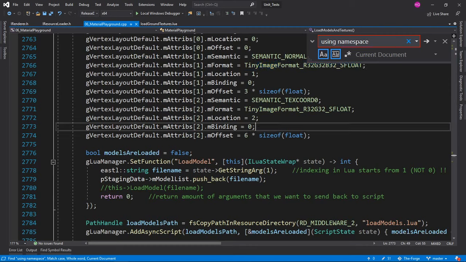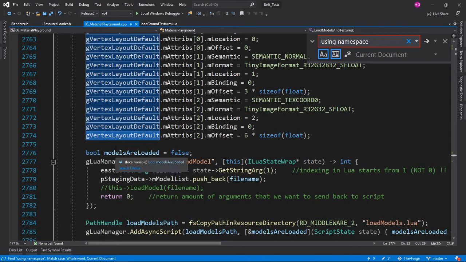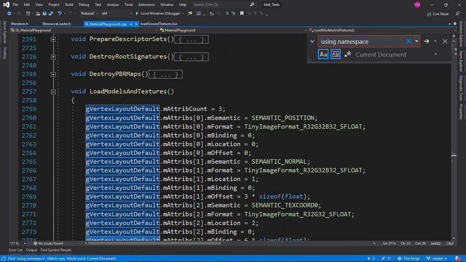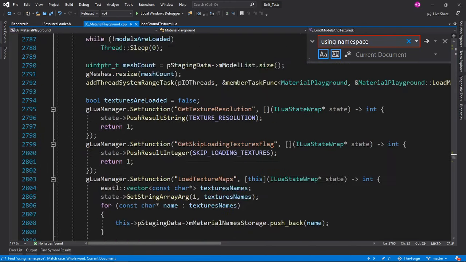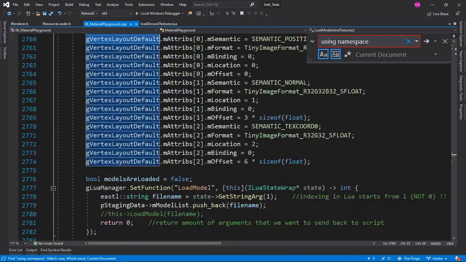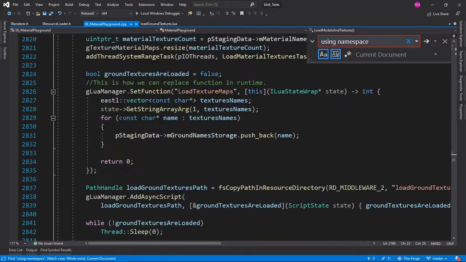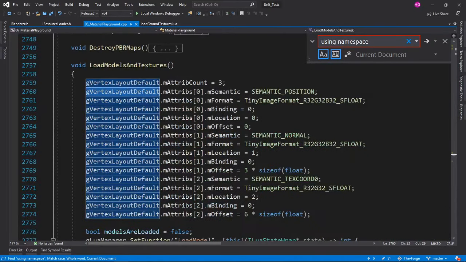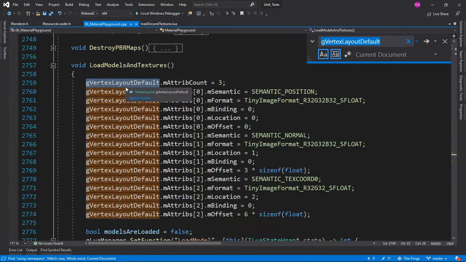What is this? Gvertex layout default. So this is describing the vertex layout here. So this is probably going to be used while loading models. Where is this used? Nowhere in the body of this function. Probably somewhere else. Let's check that.